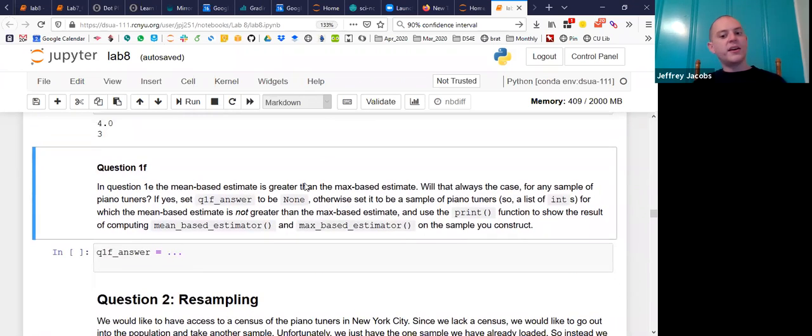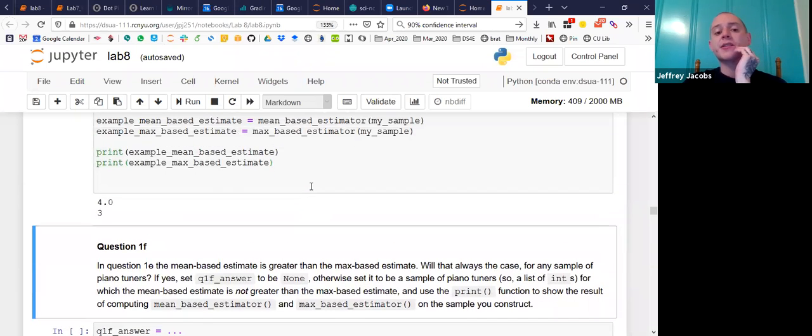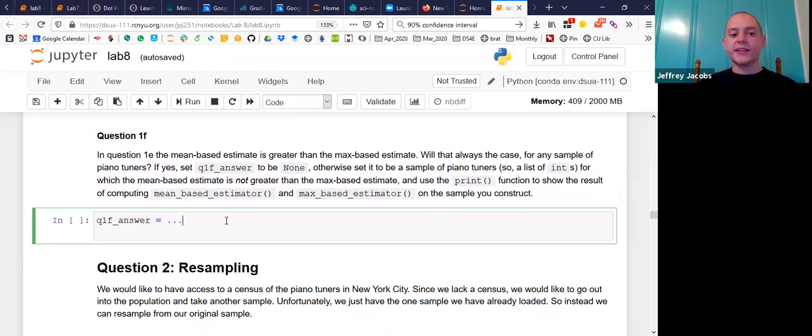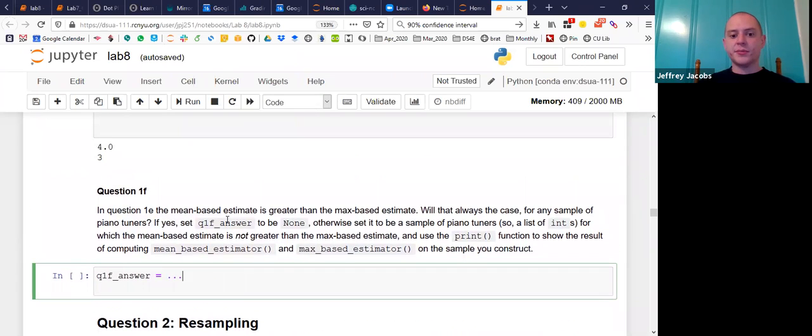Cool. But now let's think, will it always be the case for any sample of piano tuners that the mean-based estimate does better, right? If yes, set your answer to just be None. But otherwise, if you think, oh no, actually there are some cases where the mean-based estimate will do better and some cases where the max-based estimate will do better, then you can say so by setting Q1F answer equal to the actual sample, right? So in this case, I'm going to say,